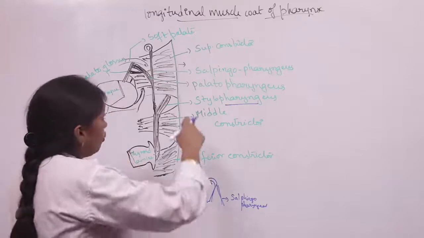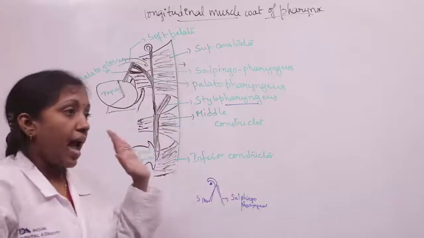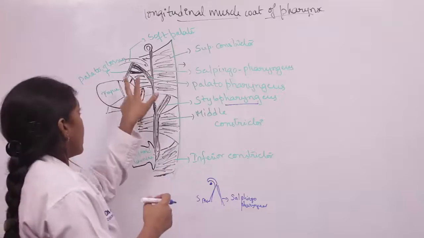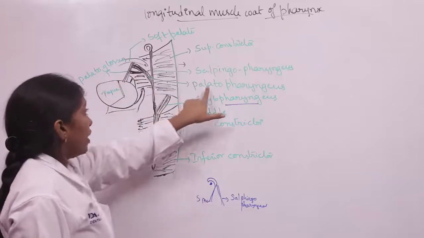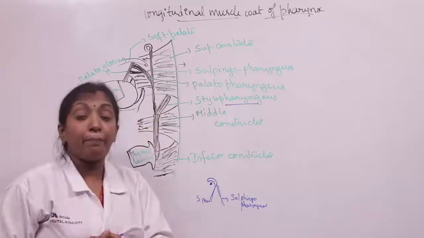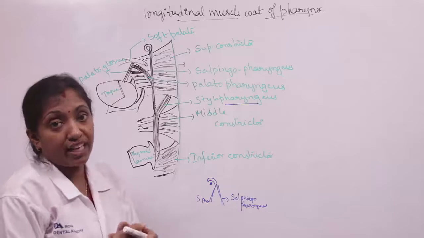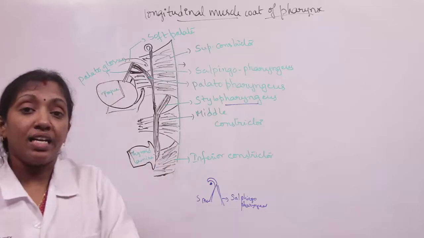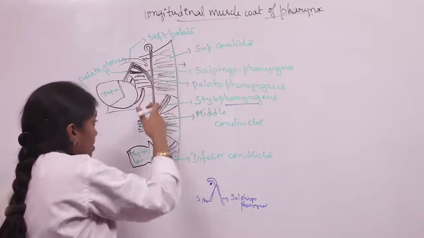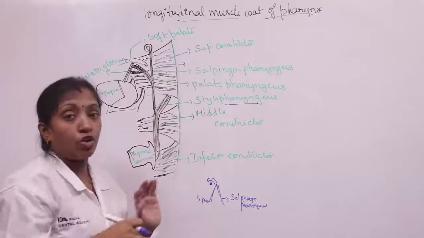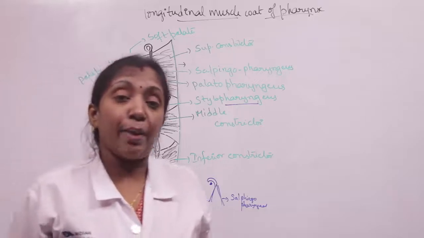Coming to the palatopharyngeus muscle, it arises by two fasciculae, anterior and posterior. Fasciculae means bundles. These two fasciculae enclose the levator veli palatini insertion. The palatopharyngeus muscle arises from the palatine aponeurosis by these two fasciculae. It extends downwards and backwards and forms a conjoint tendon along with the other two muscles in a similar way, and it is also inserted to the posterior border of the lamina of the thyroid